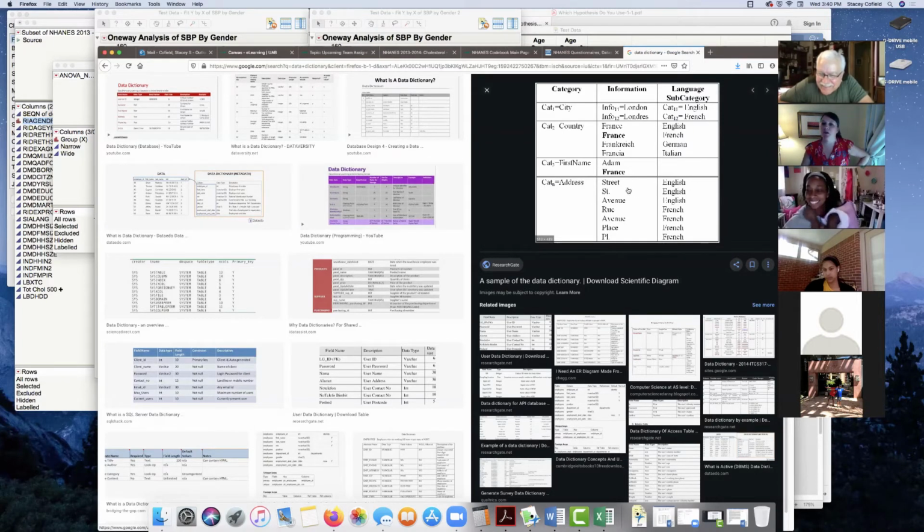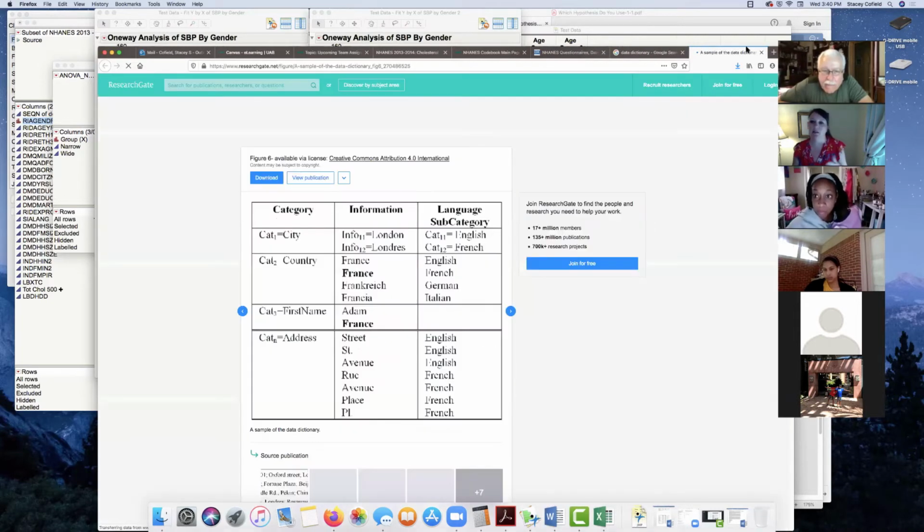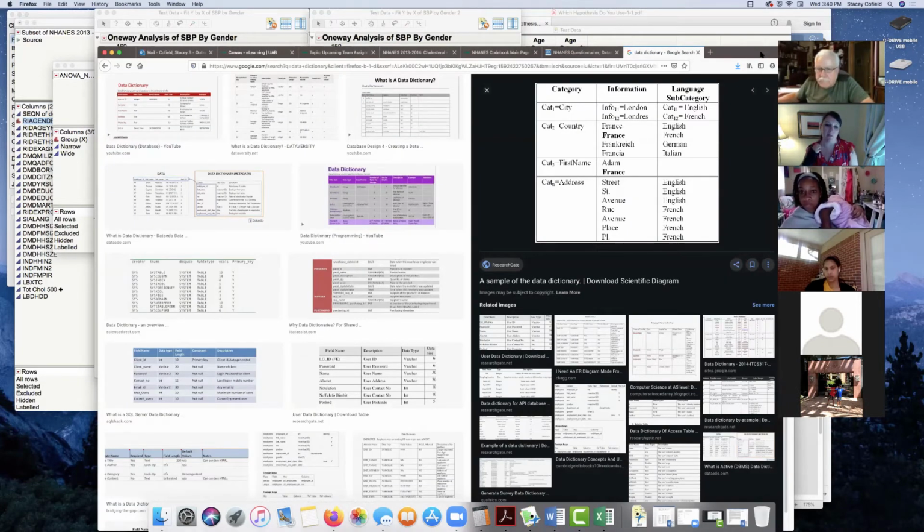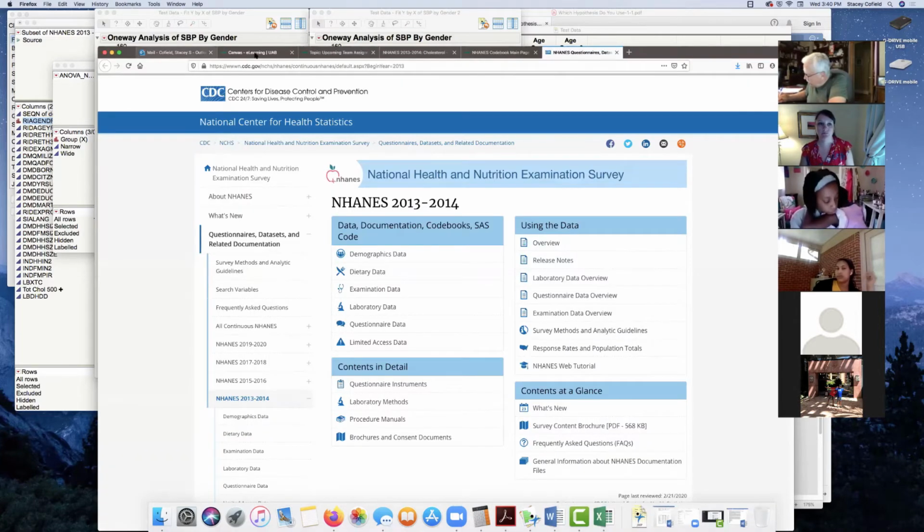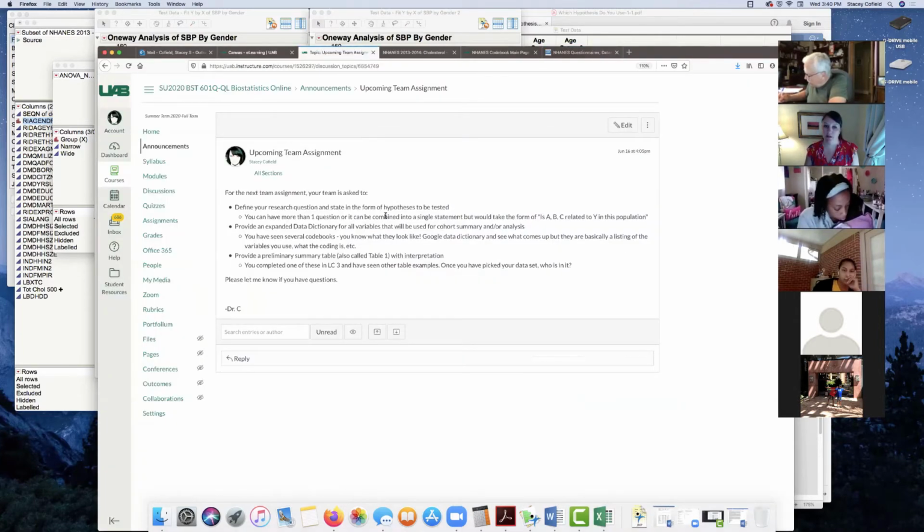And so then you can see here what's the language that's in this information. It provides another level of how you're going to use it. So it's simply a listing of your variables. What are the categories? And are you doing anything to it for your analysis? Most of you have picked, let's say, NHANES, and it's got 1,000 variables, but you're only going to be using 4 or 5 of them. So I want you to create your data dictionary for your data brief.